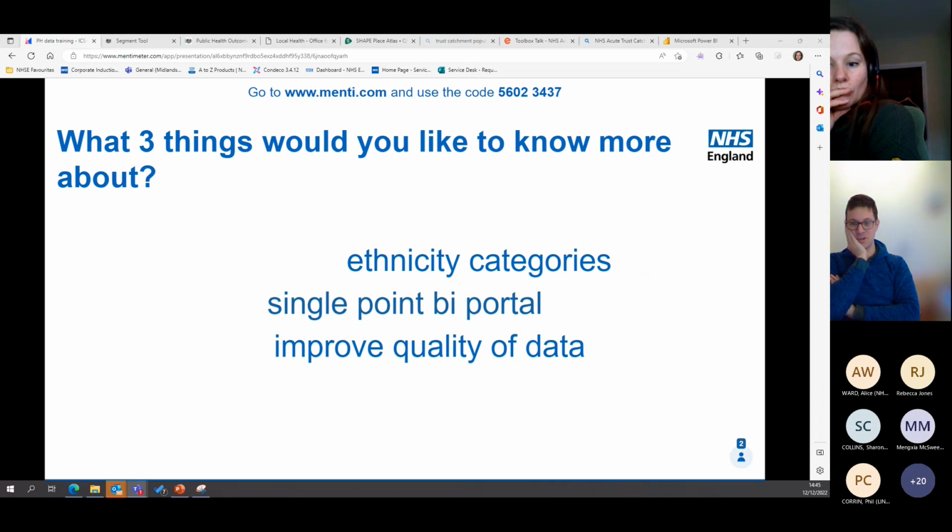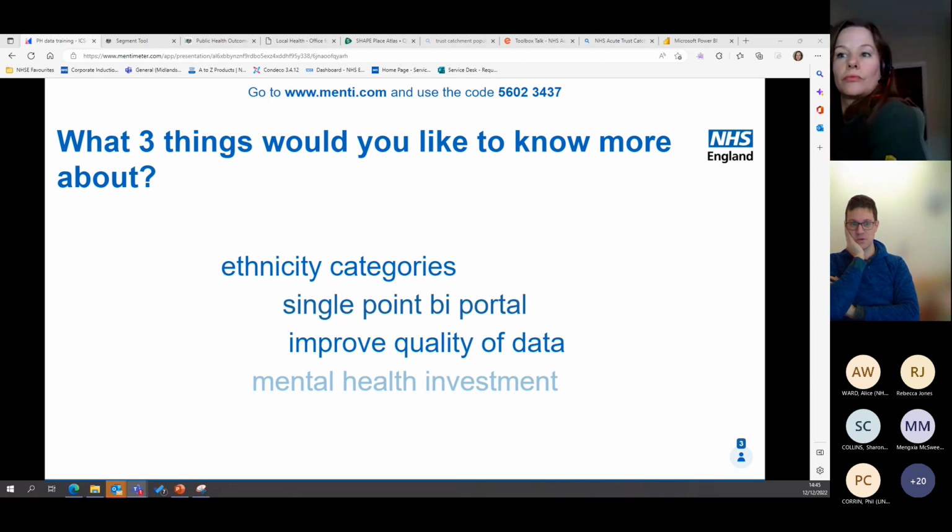I'm interested in your thoughts on that. I agree with what's coming through the chat on ethnic categories, data quality. On the single point of access, I'd really like people's thoughts on how we, as a region that probably sees a range of these data sets, give you a good list of what's available. Something David, Becca and I have been working on is, do we put some regional website in front of this, some kind of portal that says, go to this and here's where the data is, or just have a Google document where we share links to this.